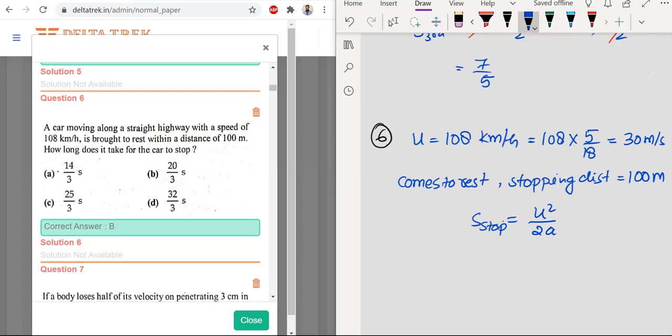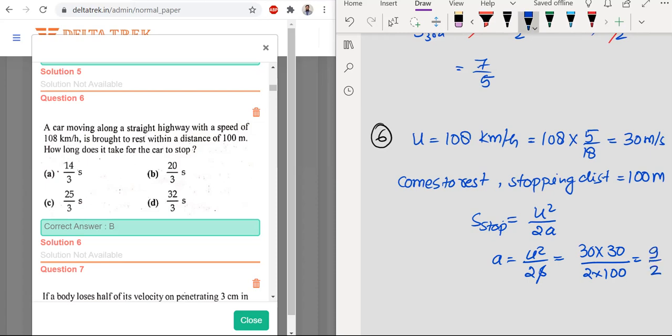From cross multiplying it we can calculate it directly, so a will become u square by 2s. U was 30, so it is 30 into 30 divided by 2 into s, which is 100. If you see, zeros will cancel out, 3 into 3 is 9, so 9 by 2 is our acceleration for